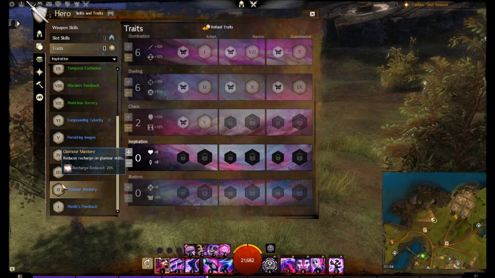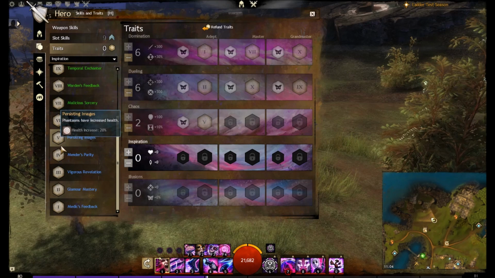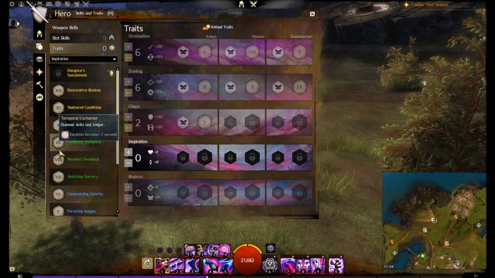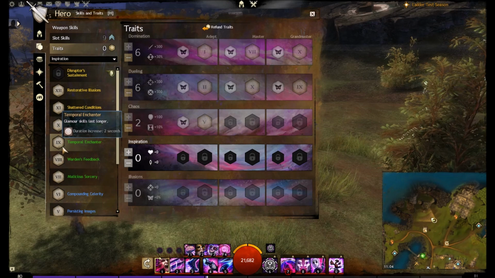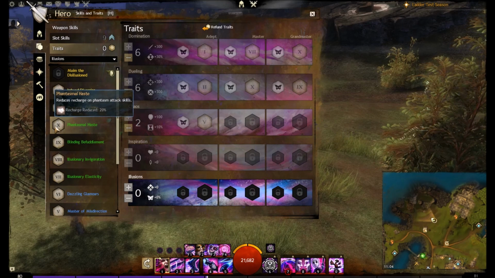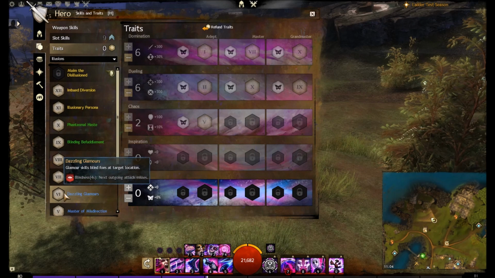I'm not going to go into too many of these because, as I said, if you're going in for the glamours, trying to do a lot of confusion, then some of these will be pretty handy indeed. But generally, glamour skills last longer. Most of these you can actually look at yourself. Reduced recharge on phantasm attacks. This is obviously condition damage. So if you're going for